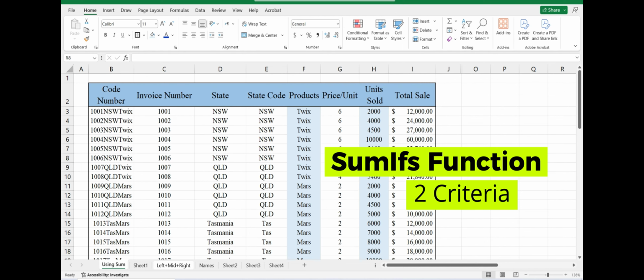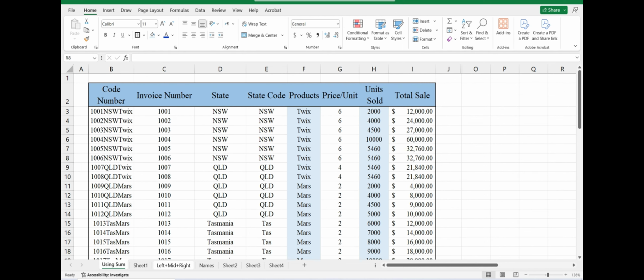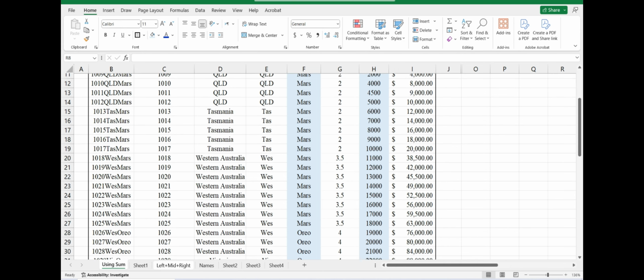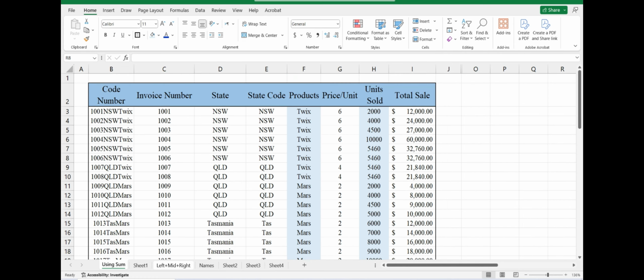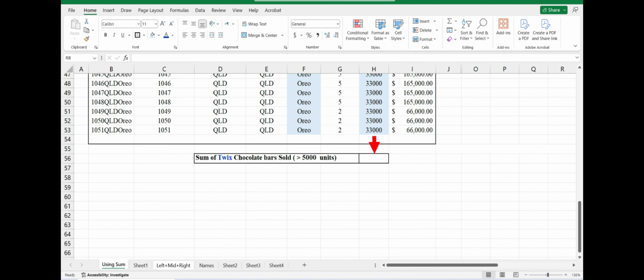Now I'll be using the function SumIfs. The function SumIfs is actually somehow like the SumIf, but instead of having one criteria, like a name criteria or a number criteria, it has many criterias. Okay, let's say now I want to do the sum of Twix chocolate bars sold greater than 5,000 units. Okay, and I'll be selecting data from here. So in order to do so, I'll be writing over here equal